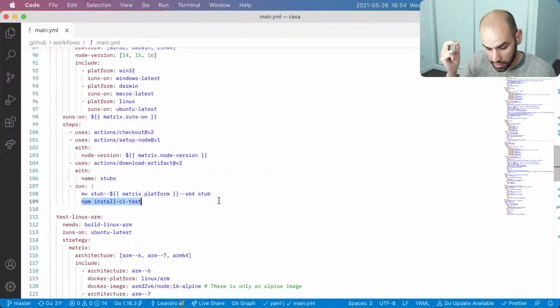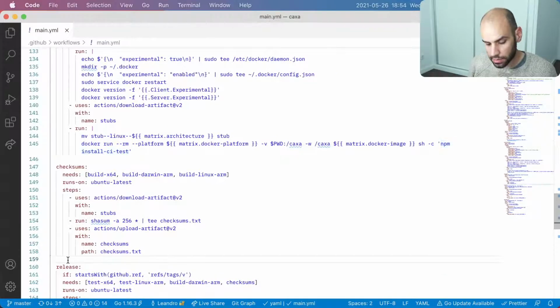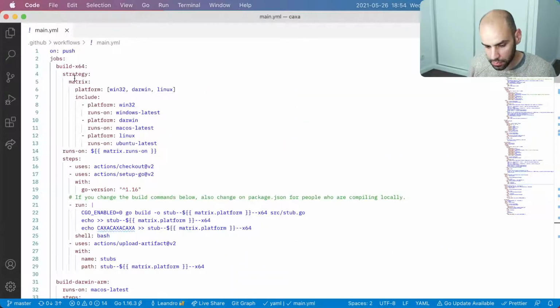It's necessary to do this in this order so that Windows doesn't try to overwrite the stub, because the stub will be there, and the post install script that we run here will see, oh, there is already a stub there, so it will not try to download. And that download we know would fail because we have not made the release yet. So I think all this makes sense.